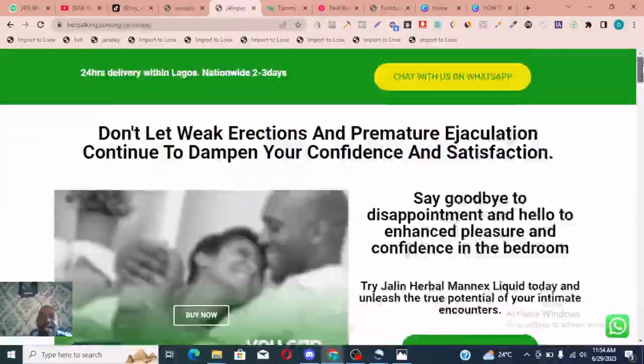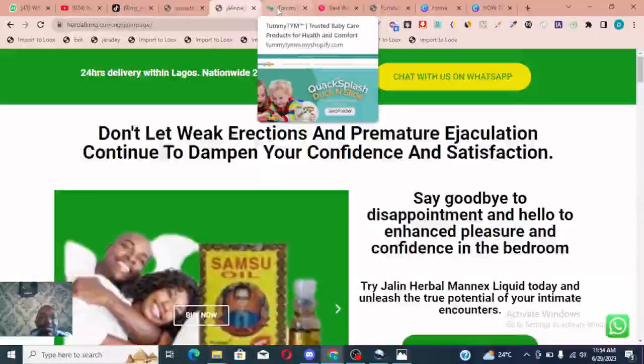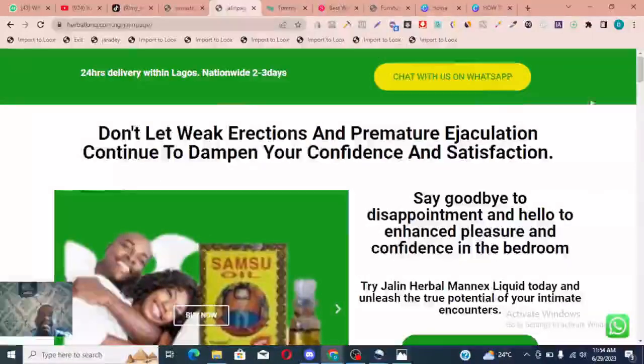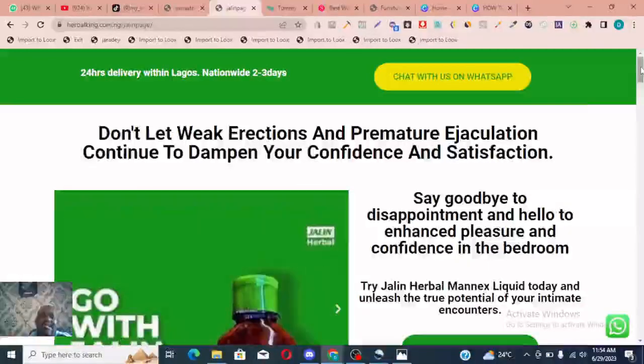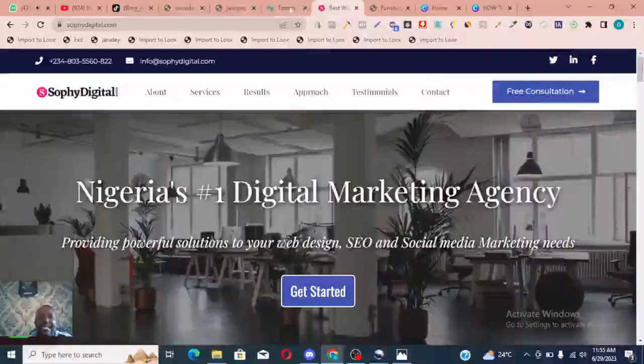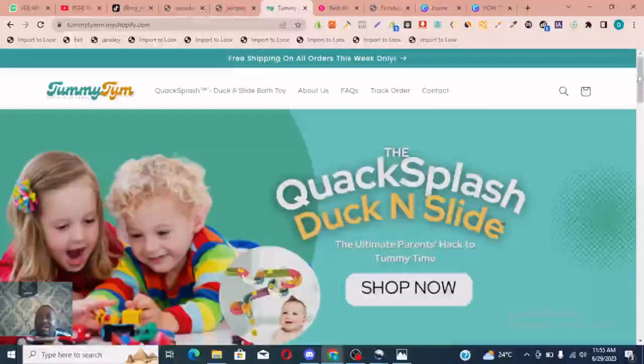So if you are an e-commerce business owner, a mini importer, somebody that is trying to sell online, instead of advertising, taking people to WhatsApp, and when they come to WhatsApp, they start asking you about the business again, you begin all over to explain the business one by one. This one-page website can help you to give the explanation. Customers come here, they land here, they get all the information, they make their payment.